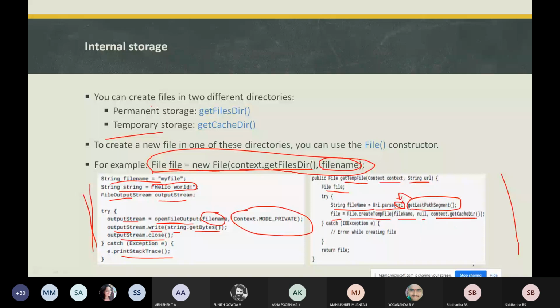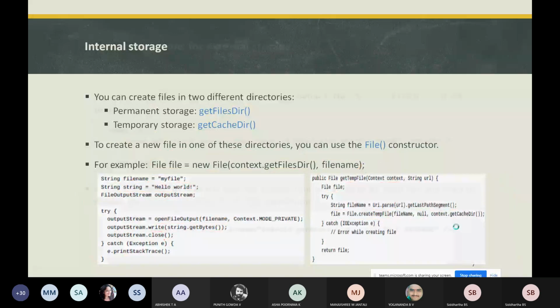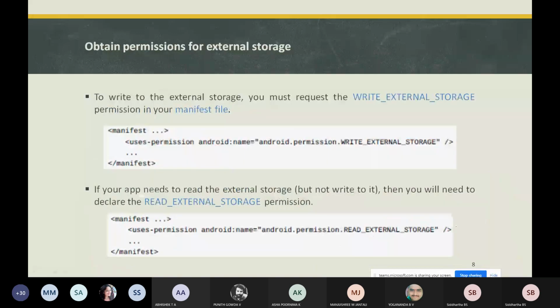So next is other permissions. One more thing, after this internal storage, there will be an external storage. Whenever you are using an external storage for files, that should be permanent, even if you uninstall your application. And after uninstalling your application, that particular data should be freely available to other users and apps.